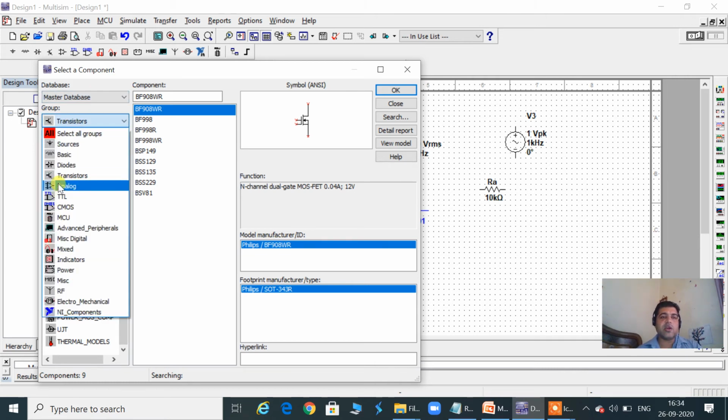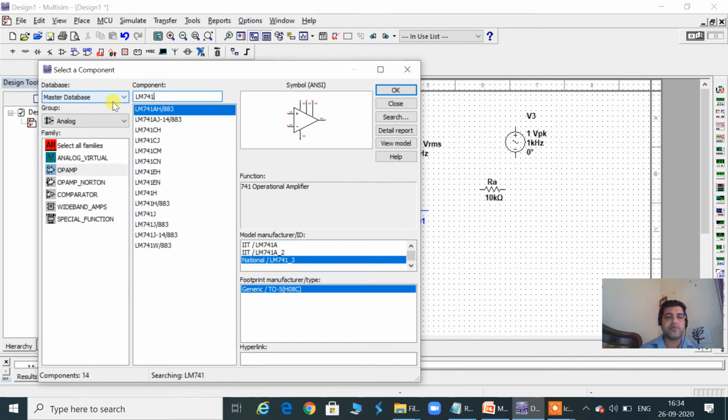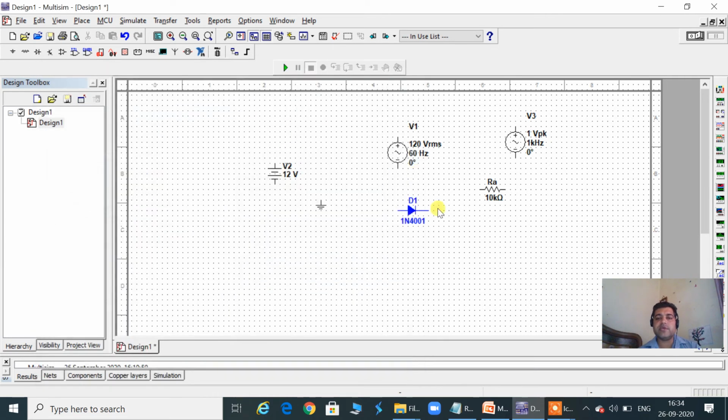Now, if we want analog circuits, so op amps. Op amps are available here. One op amp is LM741, which is most commercially used, and you will read it in the books. With the help of this particular op amp, you can design all types of circuits. Basically you can design an adder circuit, multiplier, subtractor, log, anti-log, comparison. Everything is possible with the help of this LM741, which is also available here. You can click it here.